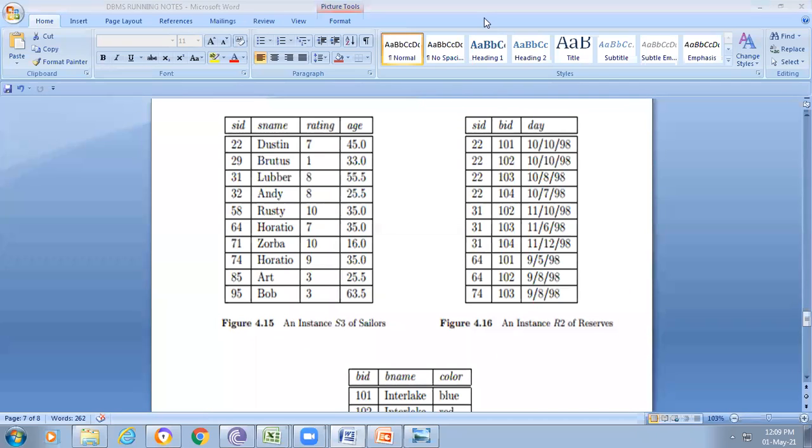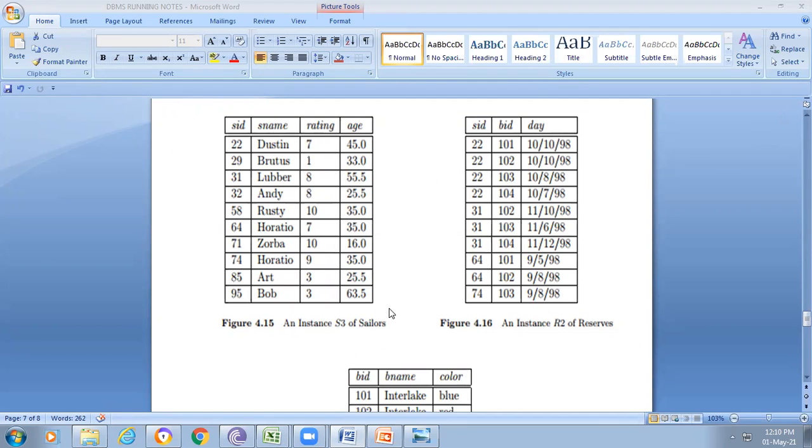Up to now I am explaining about the candidate key. What is the meaning of candidate key? More than one attribute can be treated as the primary key. In the same way, a composite key means more than one attribute is considered as a primary key. So here more than one attribute is treated as the primary key. So how can we set the primary key for this? SID and BID.